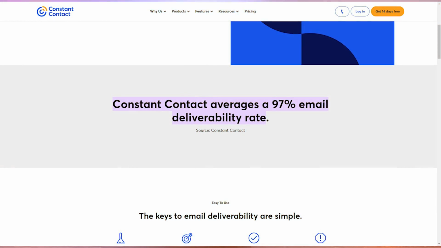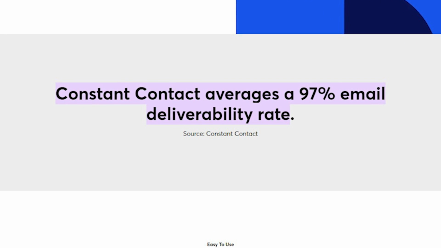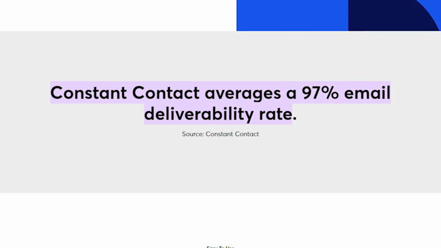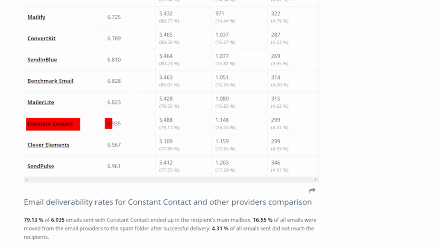Now, a very important part of email marketing is making sure that your emails get sent to people's inboxes instead of spam folders. And so Constant Contact has a 97% delivery rate, which is impressive and ensures your messages are getting through. This is very important because it makes it much more likely that people will not only receive your emails, but also open them and respond to them. So now, if you're comparing Constant Contact to other services, it is very clear that they have better delivery rates. I checked out what else is out there and found that not many can match what they have to offer